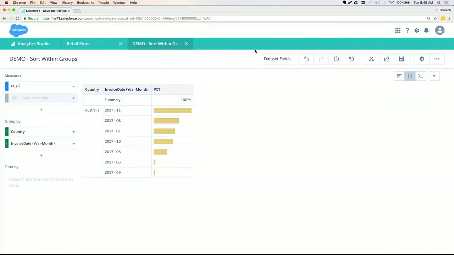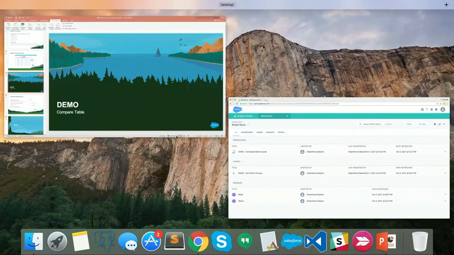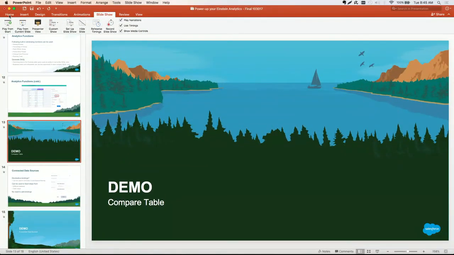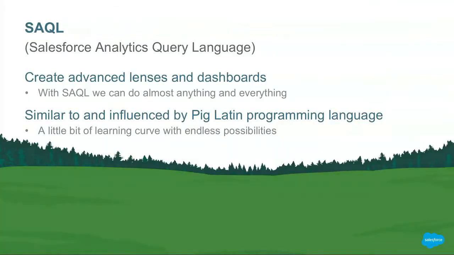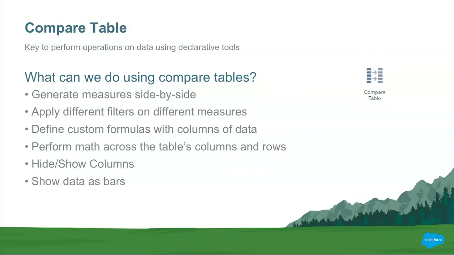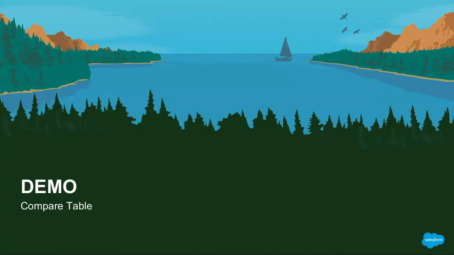Cool, so that was amazing. We did some very amazing things by just using compare tables. Let's see what connected data sources are. All right, so connected data sources. The problem that connected data sources is trying to solve is, you know